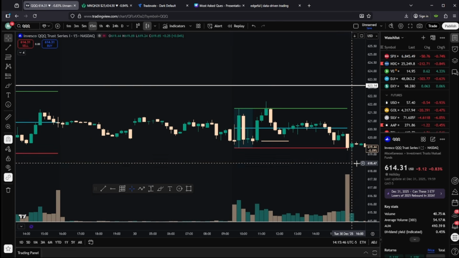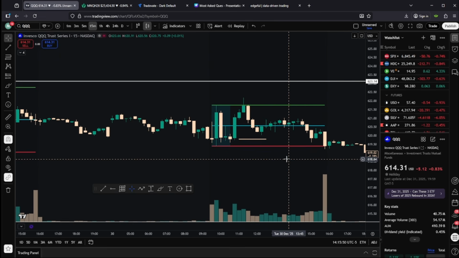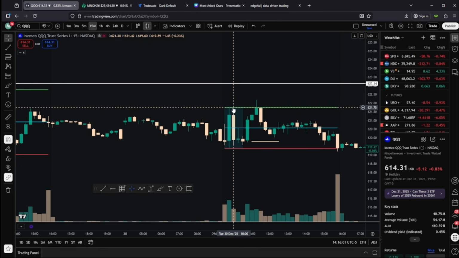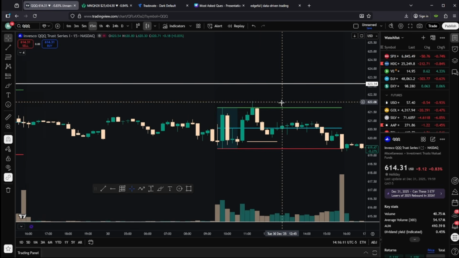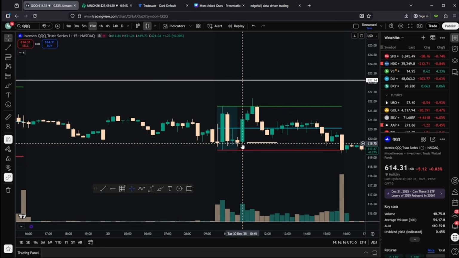Tuesday was a great example of how it skews in the opposing direction, meaning that you get a much better risk reward. Tuesday, it's a little difficult to see, but you just have to take my word for it. We formed the low first, and then on that same 9:45, 10 o'clock candle, we formed the high. Given the stats, IB low formed first, 73% chance that we go and take the high. This is over 6 months, by the way. Go back over this chart, and you can see we went a whole lot lower than 50% of the IB.